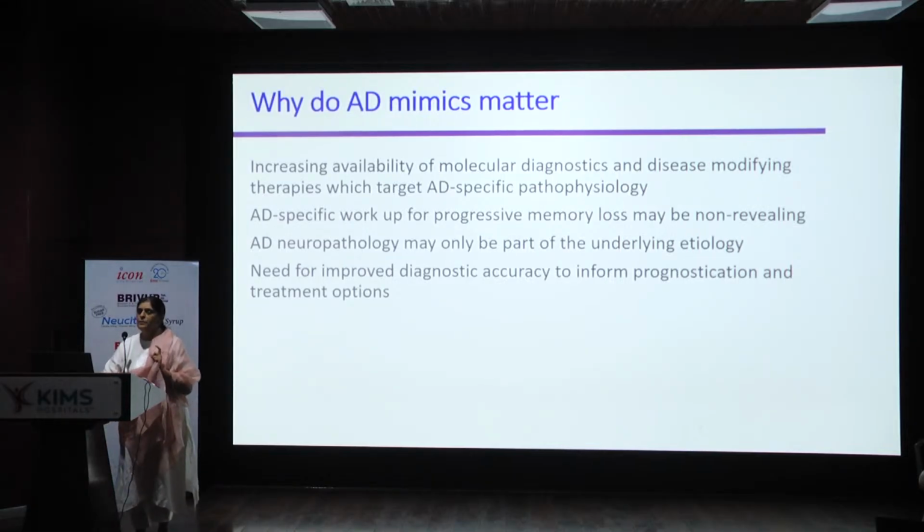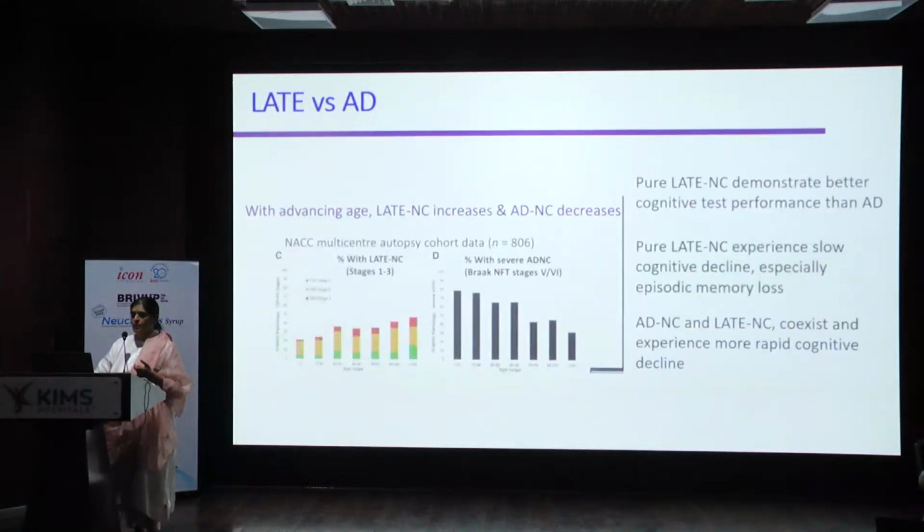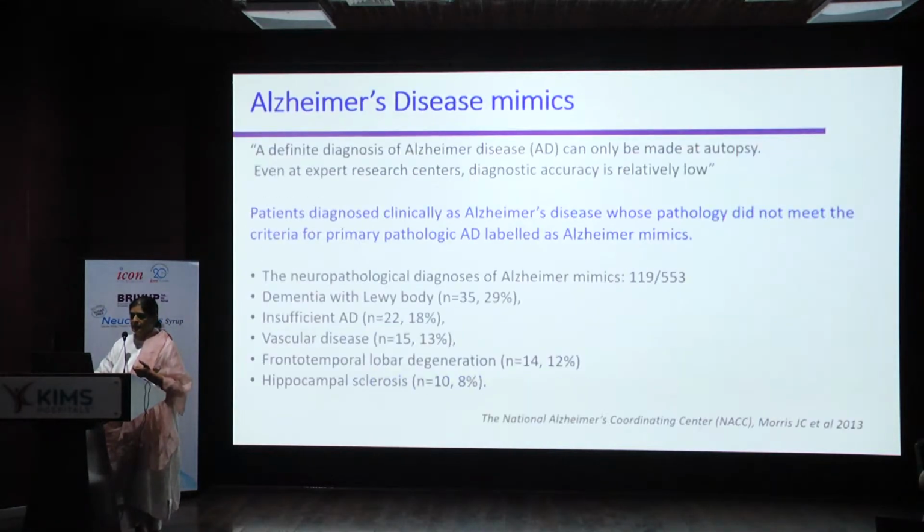And why are they important? Because they will be biomarker negative and they will not respond to anti-amyloid therapy. Go back to this one study that was done where they had a large number of patients with Alzheimer's disease. This is the NACC, National Alzheimer's Coordinating Center in America. Multiple centers come together and they had autopsies. So in the clinic, they had a diagnosis of Alzheimer's disease, but when they saw the pathology, about